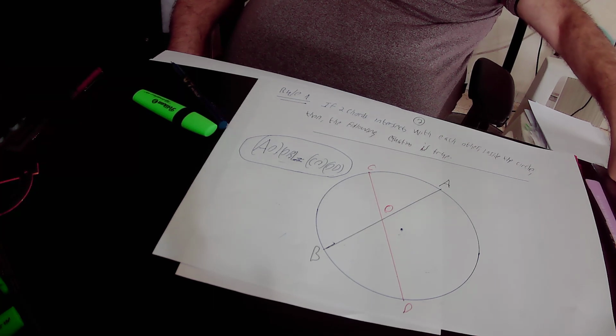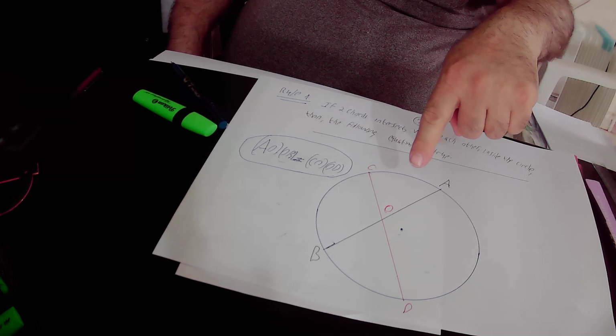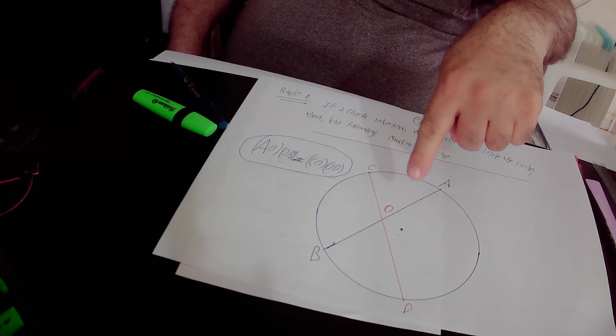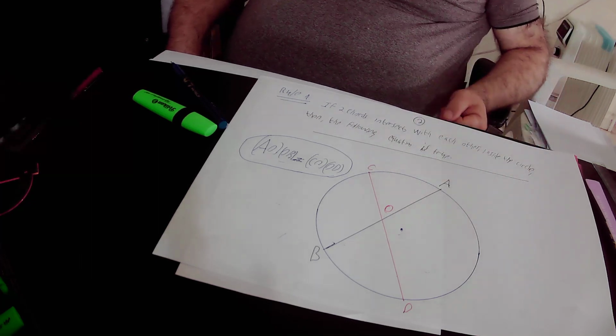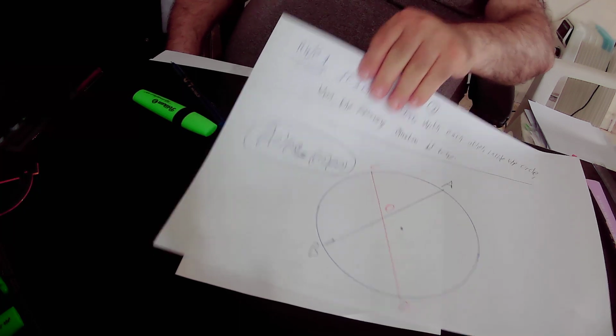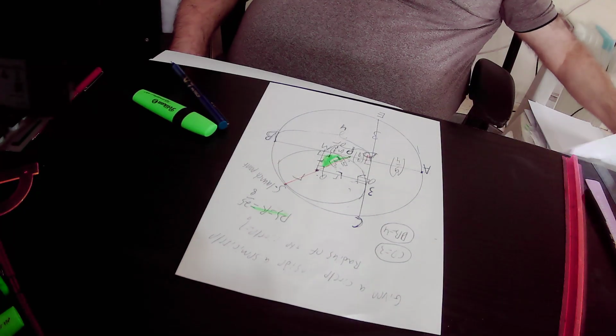Again, AO times OB equals CO times OD. This is rule number 1, so we can implement rule number 1 in our drawing. Why? Because